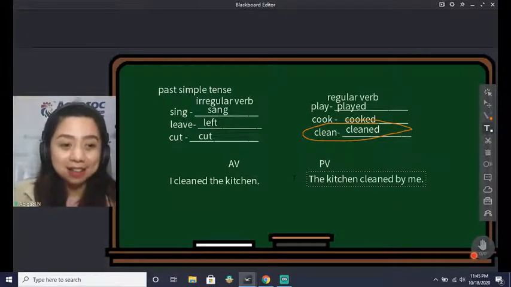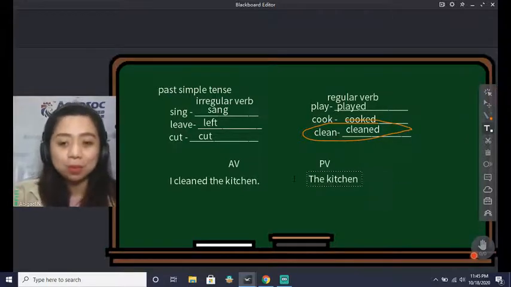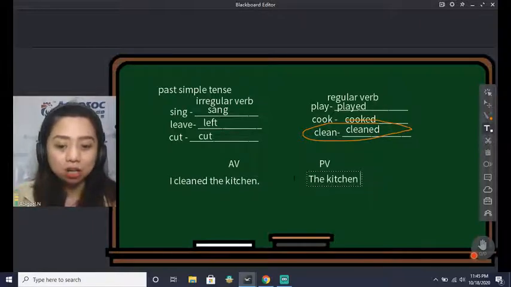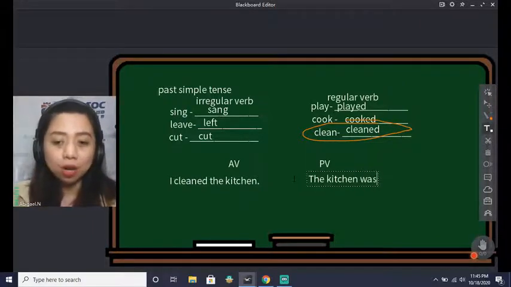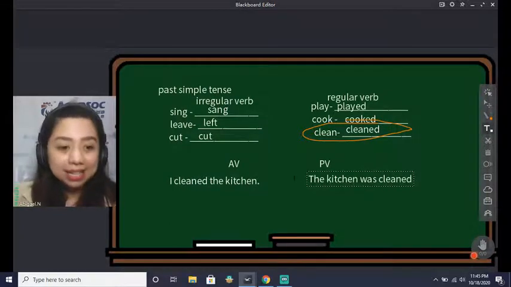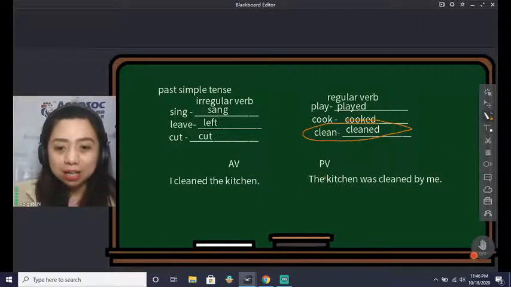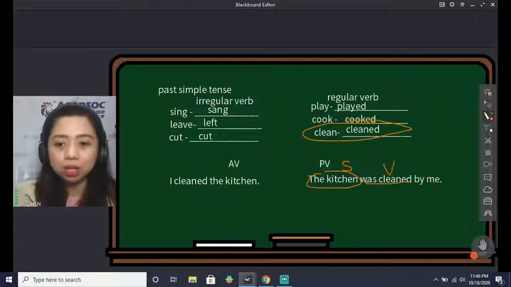Of course not, right? The kitchen is not a person who can do the action. So remember what I told you before. In passive voice, we emphasize the receiver of the action. The kitchen was cleaned by me. Okay? So, here, the kitchen is your subject. Was cleaned, this is your action word. And preposition by,